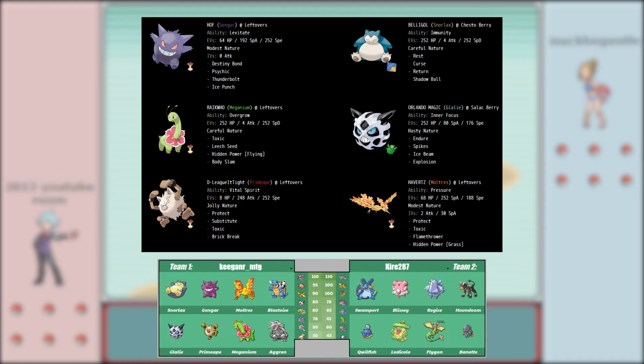We do have lead Gengar here, which is actually really good against this team, because one thing that's also really frustrating about this matchup is Houndoom is really good against my team. Really good against Glalie lead, really good against Meganium, and it's good against Gengar. I do have ways that I can play around it, and we do have Modest Gengar here with Destiny Bond